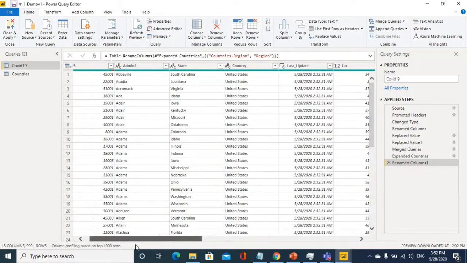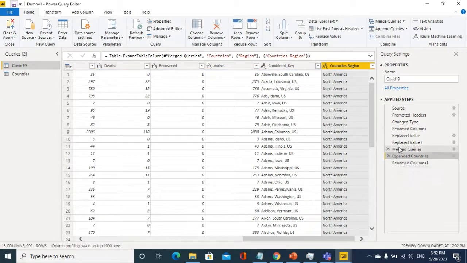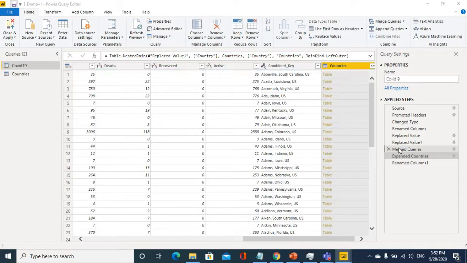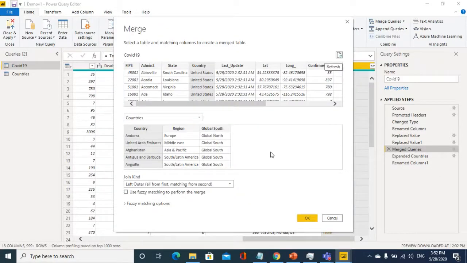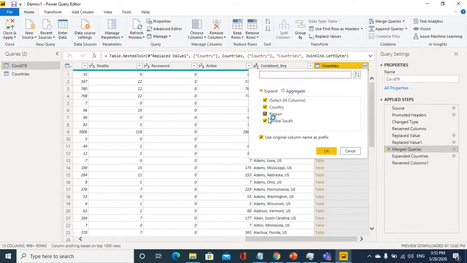There is some issue after merging. Let me go back here. I'm mapping the country column to country here, and expanding it, including all the columns.